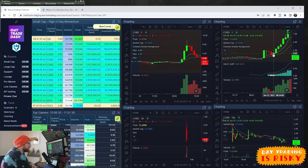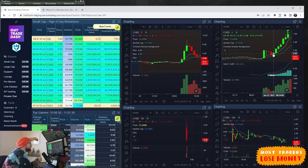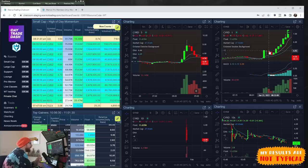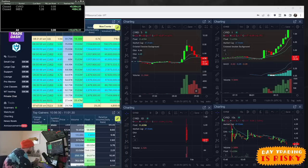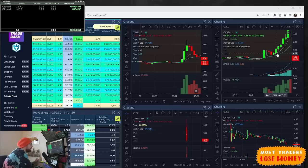I was looking at the chat feed and checking some other things. So it comes back up and breaks through, it hits 505, and I jumped in right there at 504 with 2,000 shares. I then added another 1,000 shares at 519, and it goes up to 525, 530 right here. All right, so it goes up to 525, then it goes up to 549,